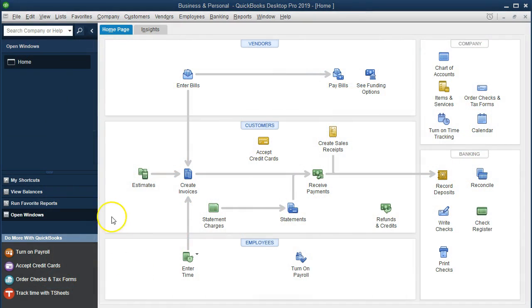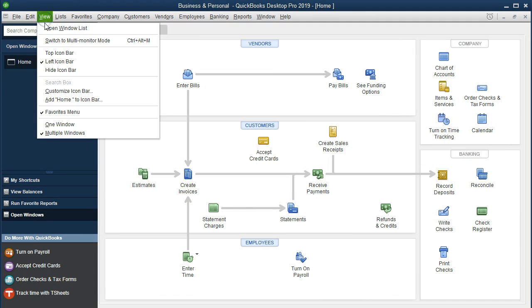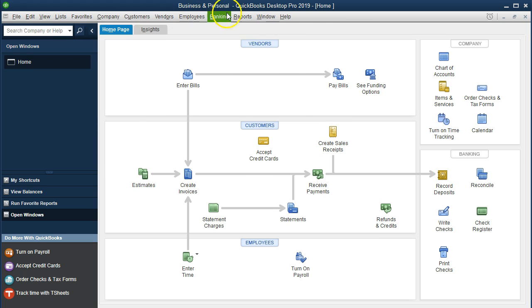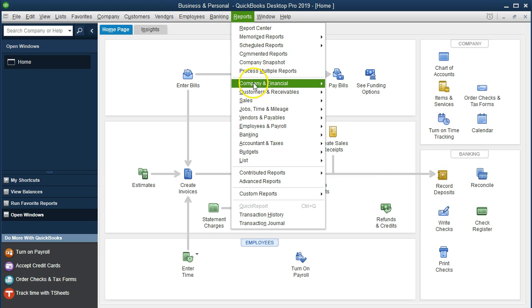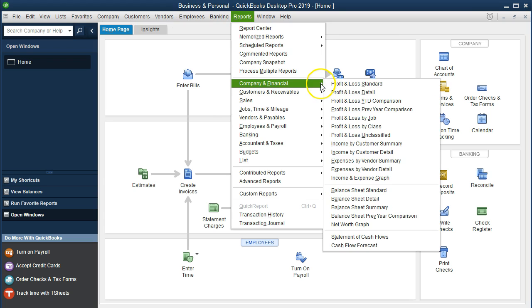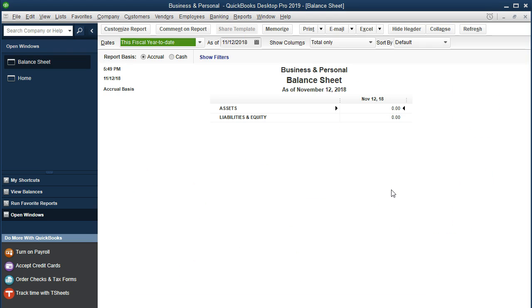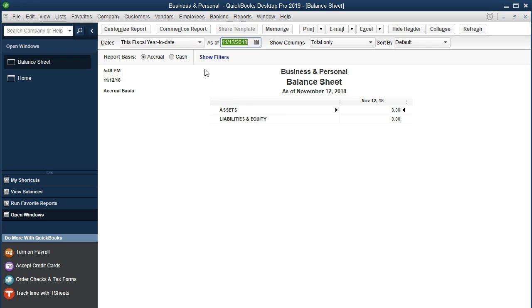On the home page, we have the Open Windows open. In order to open the Open Windows list, we want to go to the View drop-down and select Open Windows List. We're now going to go to the Reports drop-down up top, go to Company and Financial, and take a look at the Balance Sheet Standard. Within the Balance Sheet Standard, we're going to run the report as of the end of February,